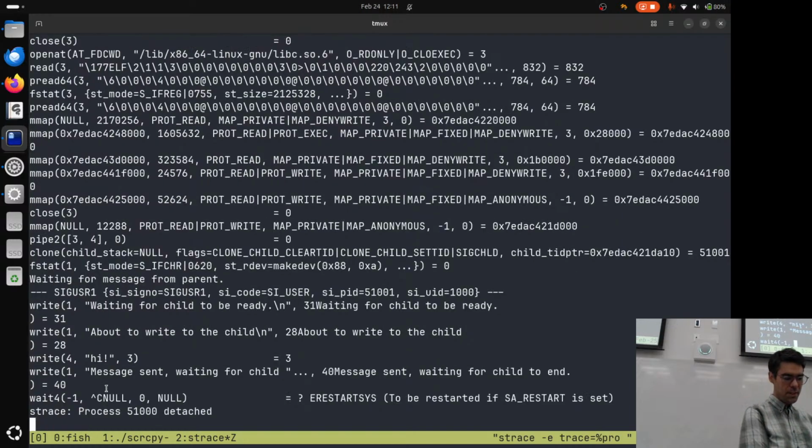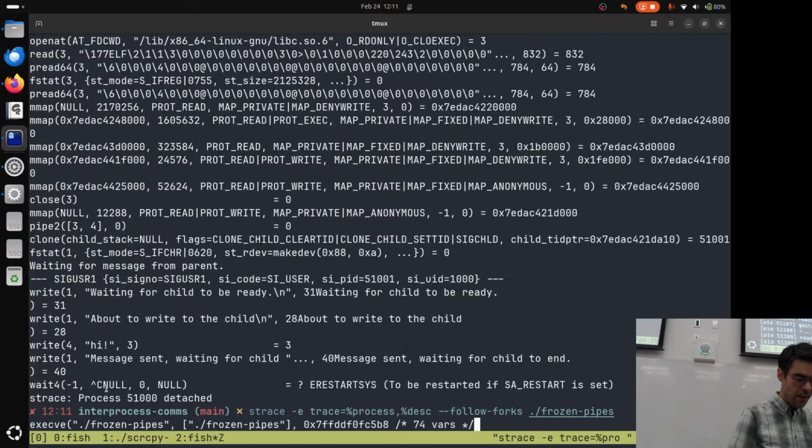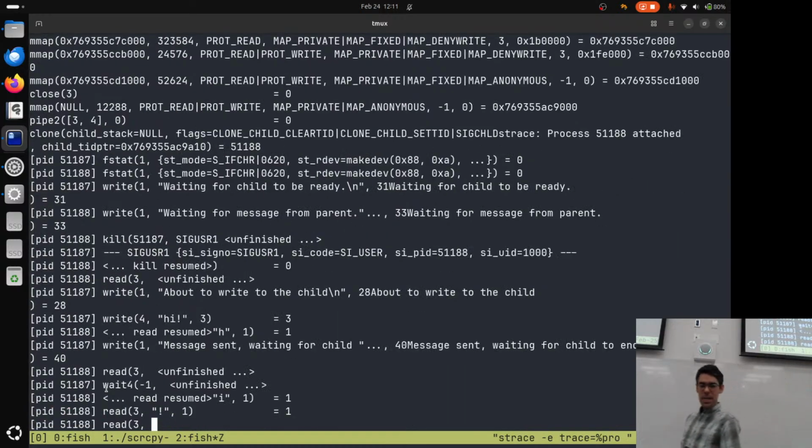So I'm going to hit Control-C on this one last time, and I'm going to add a new flag to this called follow forks. Follow fork says when fork gets called, follow it. Like, follow the different processes that get launched by this, and then also trace their output. I'm going to hit Enter here, and the output has changed. There's still all that extra stuff at the top. There's a bunch of stuff here that starts with mmap.